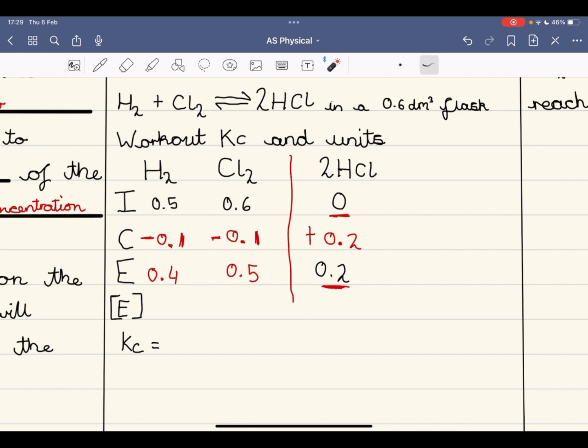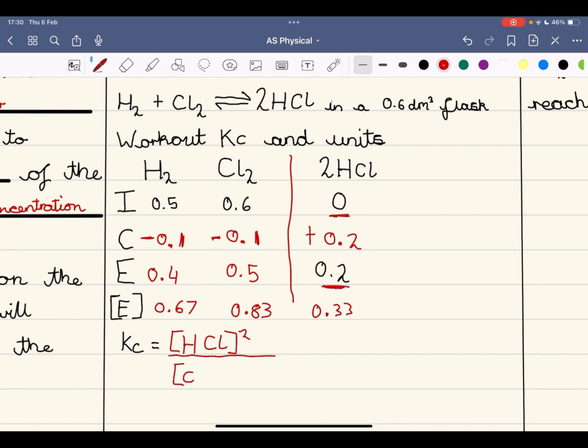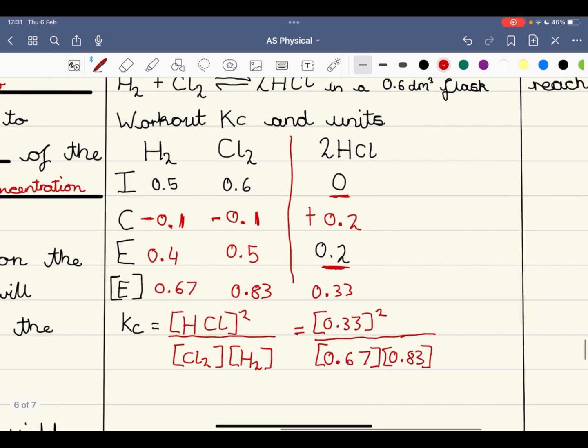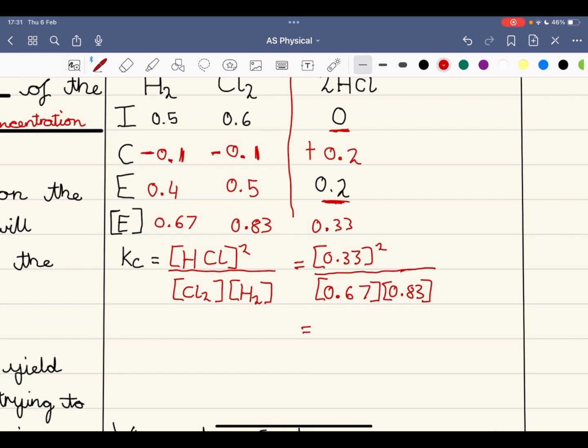And then we do all of these moles here divided by the volume to work out the equilibrium concentrations, and we get... Now I'm going to write down the Kc expression for this reaction, which is... And now I'm going to sub in the values, and I get... and my final answer is